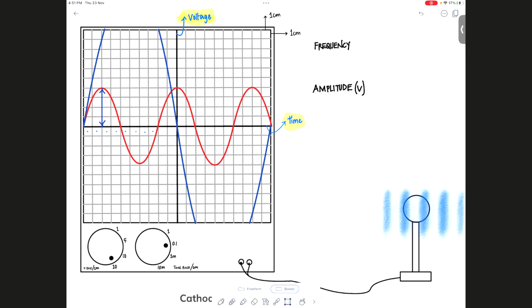Frequency 5. 5 or 0.5. 5. That's okay. 1.1. How do you get that number? Anyways,